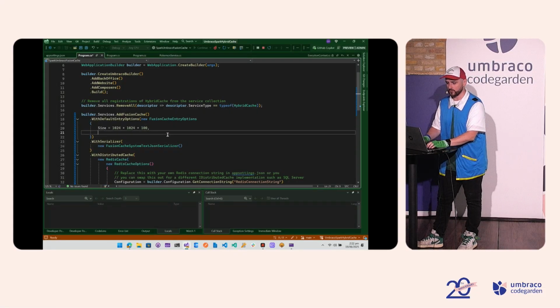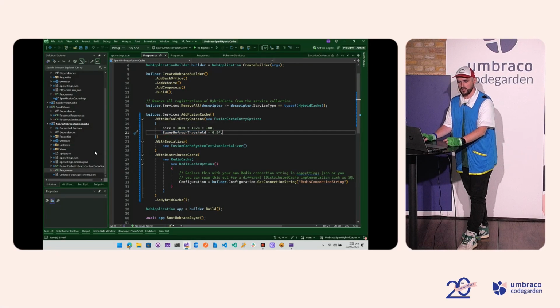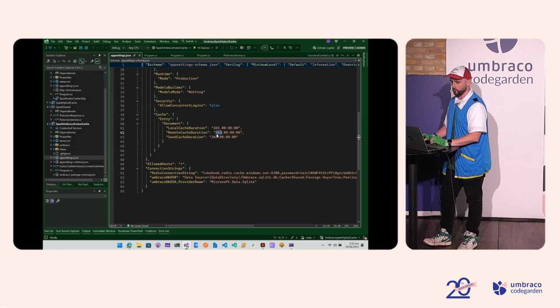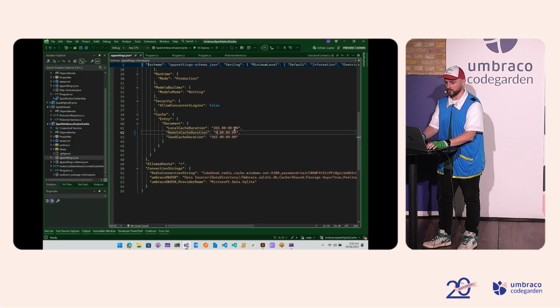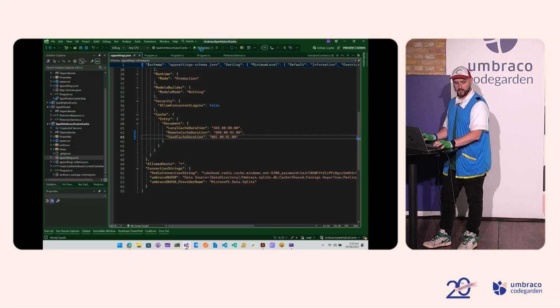So really easy settings. And again, what we talked about there is, can we use some of those more advanced features to do something a bit more special? So I'm going to add the eager refresh again with 0.5, so that's 50% of our duration. I'm going to set this to 1 minute, just for demo purposes. Don't recommend doing that in production, because that will cause problems. So if we run this now,